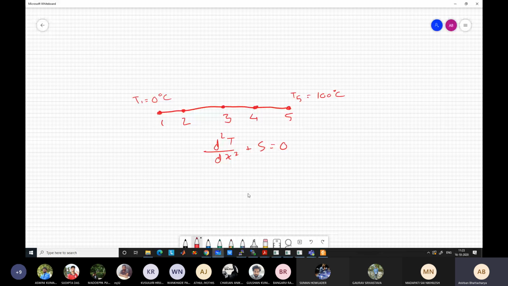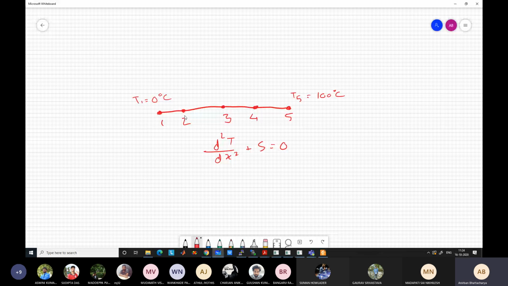Okay, you have 3 equations, 3 unknowns. Independently, you cannot find T3, right? Because T2 and T4 are there. So ultimately, you have to solve these 3 equations together for the 3 unknowns and find the values. In which way you eliminate, that is fine. I can eliminate T2 and T4 to get T3, or I can eliminate T4 and T3 to get T2. Ultimately, you have to get the 3 temperature values by solving 3 equations, 3 unknowns. So it's not difficult. It's just a method of elimination you can use, and actually it's a very easy problem.